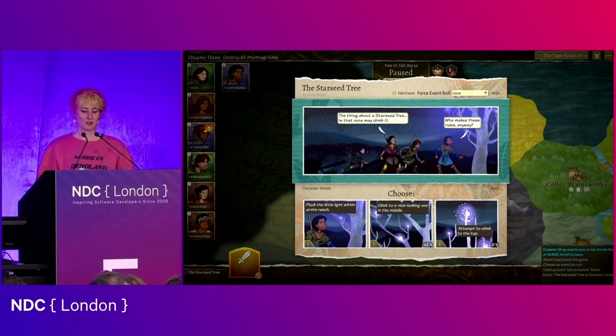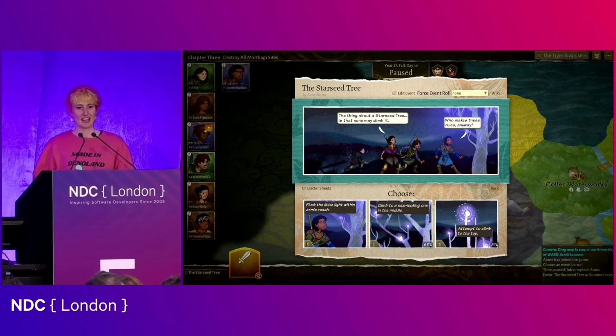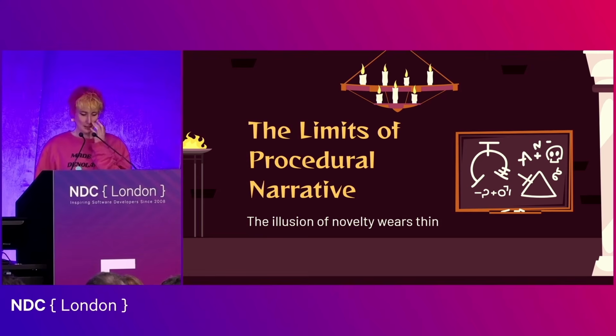It's a hybrid model, it's part authored and part procedurally generated. And it's a really nice example, this game, of structured generative design, where the output is flexible, but the framework is quite rigid, and rigid enough to maintain a certain amount of coherence. It's not trying to be too clever, it's just trying to be consistent. It's trying to give you something that makes sense.